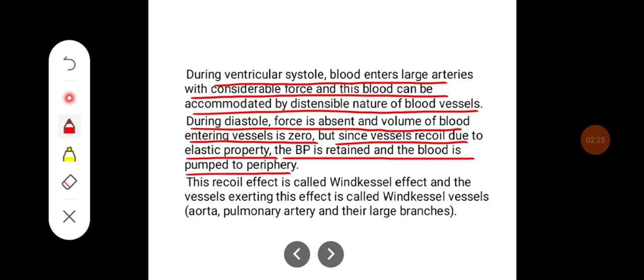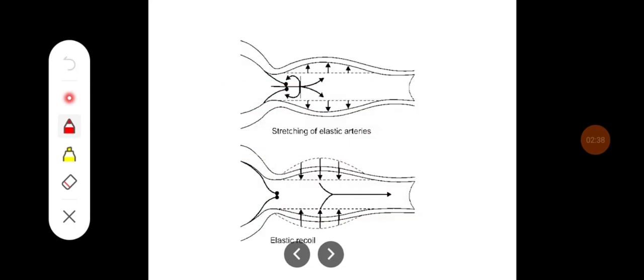the periphery. This recoil effect is called the Windkessel effect, and the vessels exerting this effect are called Windkessel vessels. For example, aorta, pulmonary artery, and their large branches. So this is the mechanism by which the Windkessel effect acts. When blood flows into the artery, it creates pressure, and because of the elasticity, they tend to distend, and when they recoil, they push the blood in a forward direction, and this is called as